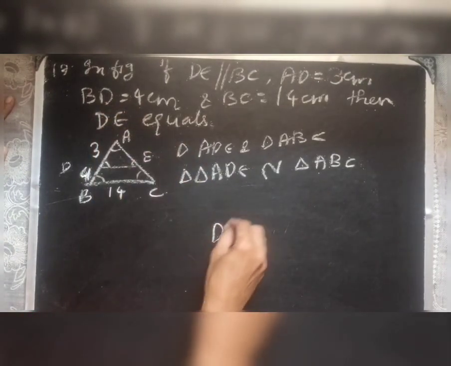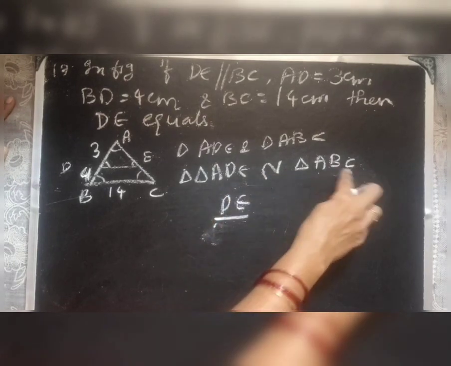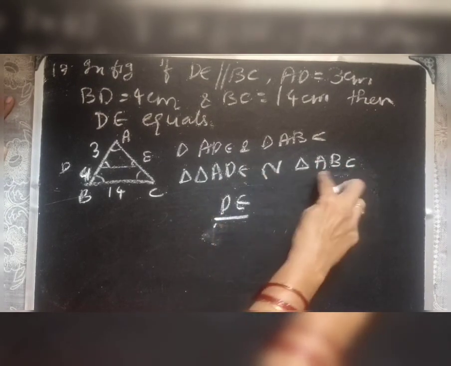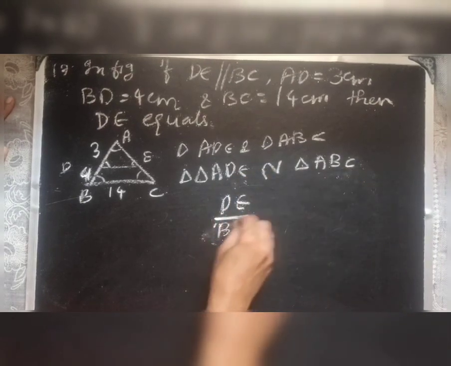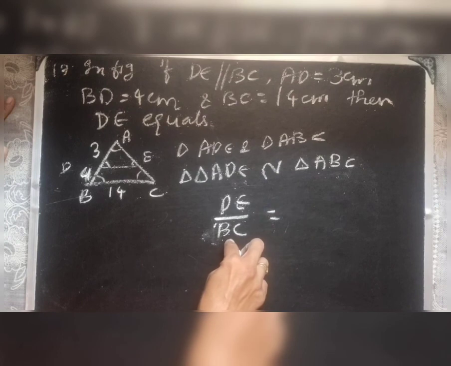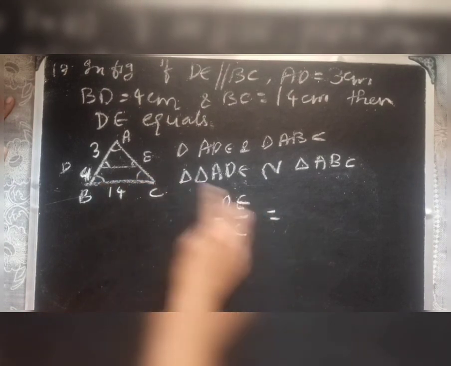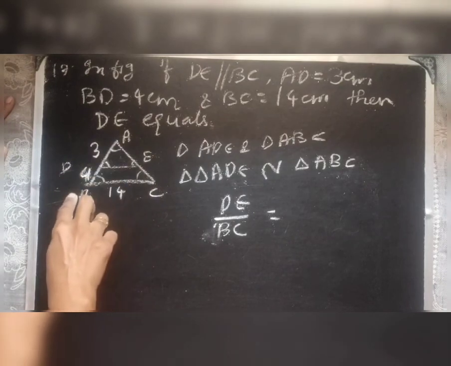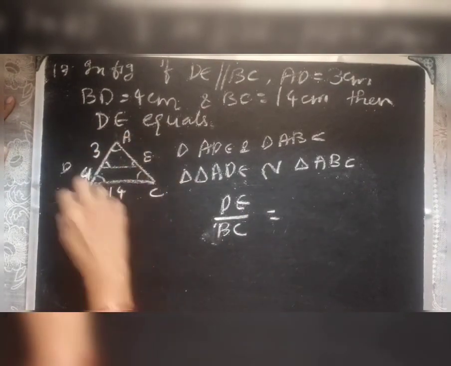Now when these two have come, I want DE. So let me take DE at the top. So DE corresponding to that side we have BC, because ADE, ABC. So DE is in the second and third position. So BC is also in the second and third position. So DE by BC is equal to, we know the other side which we have is AB over here. So AB we will be taking. So AD and AB.